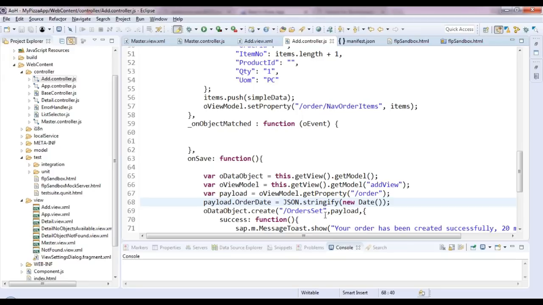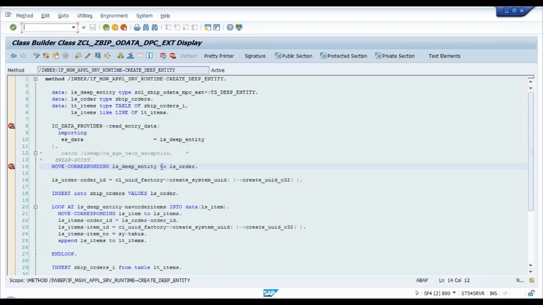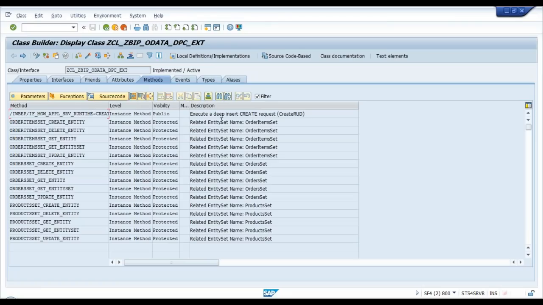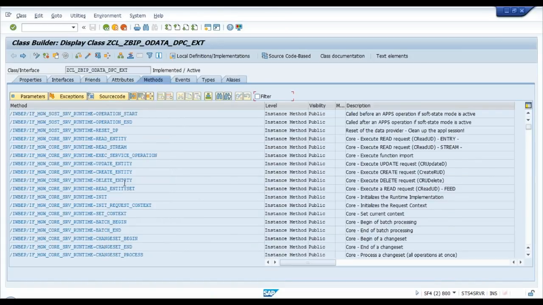And there is also one more interesting thing which I missed. Whenever you implement an insert with a dollar batch, you should also implement two important methods in your gateway DPC extension class. These two methods are begin change set and end change set. These two methods are very important, guys. At least you have to provide an empty implementation of these two methods when you're triggering something from a Fiori app, which is a post request in a dollar batch. So these two methods are not implemented. Let me quickly provide a blank implementation for them,